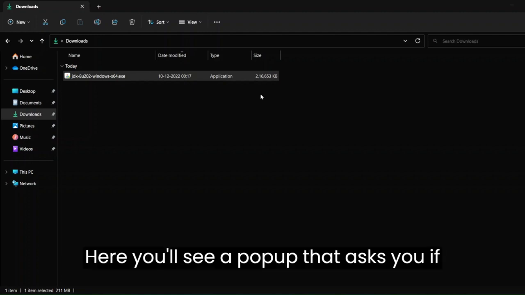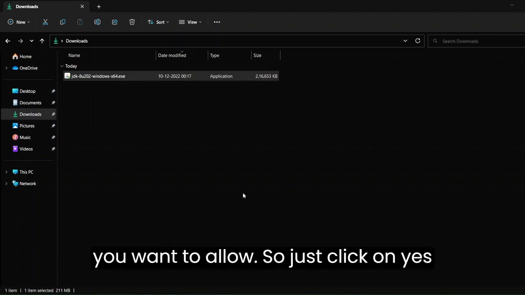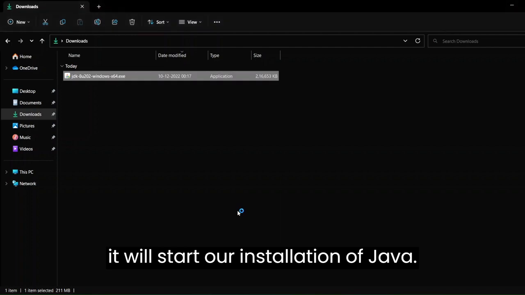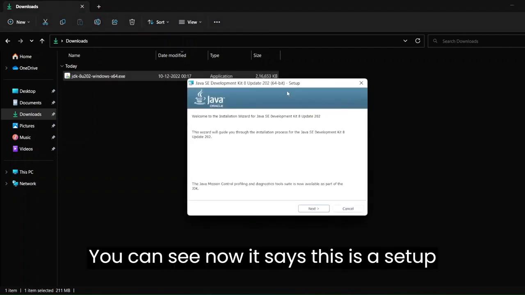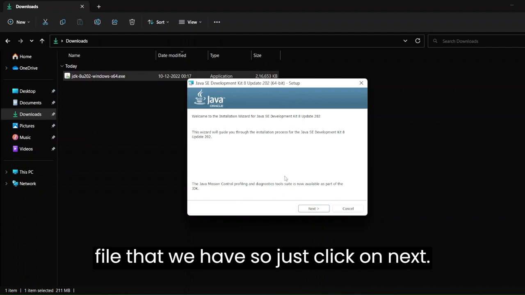Here you'll see a pop-up that asks you if you want to allow. So just click on yes. It will start our installation of Java. You can see now it says this is a setup file that we have. So right, just click on next